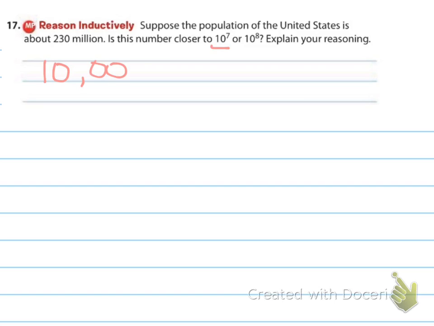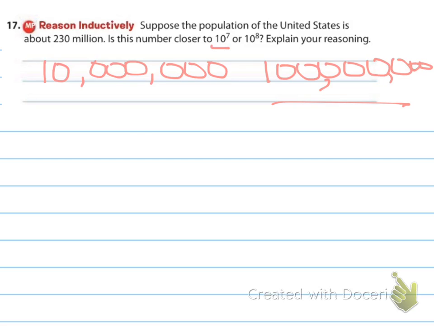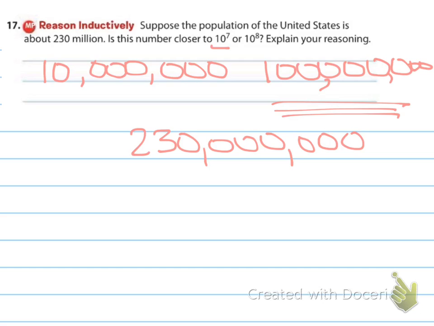So when I have 10 to the 7th power and I have 7 zeros, I have 10 million. When I have 10 to the 8th power and I have 8 zeros, 1, 2, 3, 4, 5, 6, 7, 8, I have 100 million. And so if we're talking about 230 million, what's closer, 10 million or 100 million? 100 million is closer. So that's the answer for number